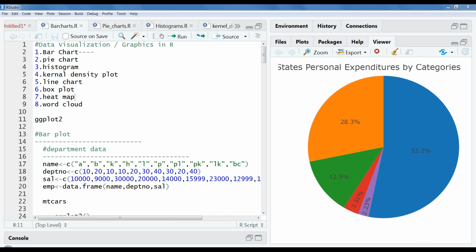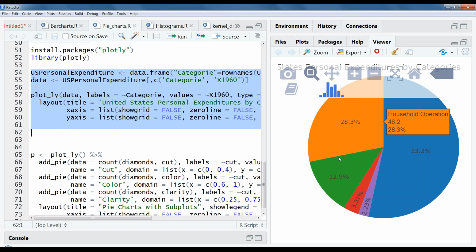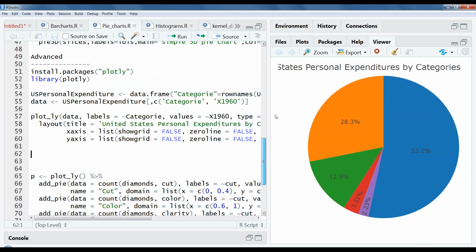So what is pie chart? Pie chart is a graph in which a circle is divided into sectors, each representing a proportion of the whole. Out of this 100%, each sector is representing a proportion of the whole.